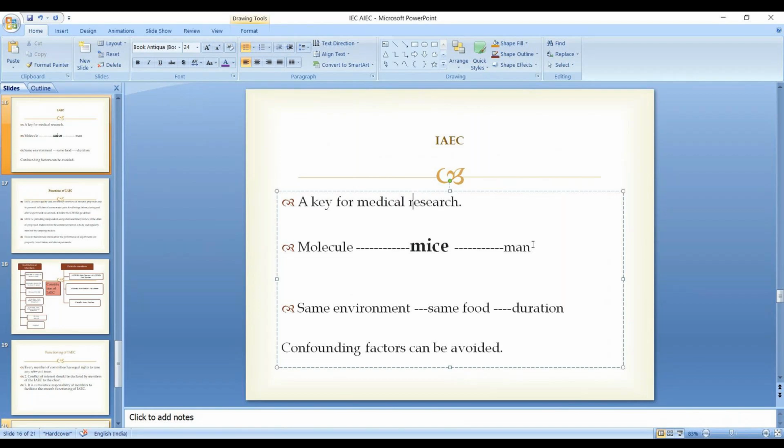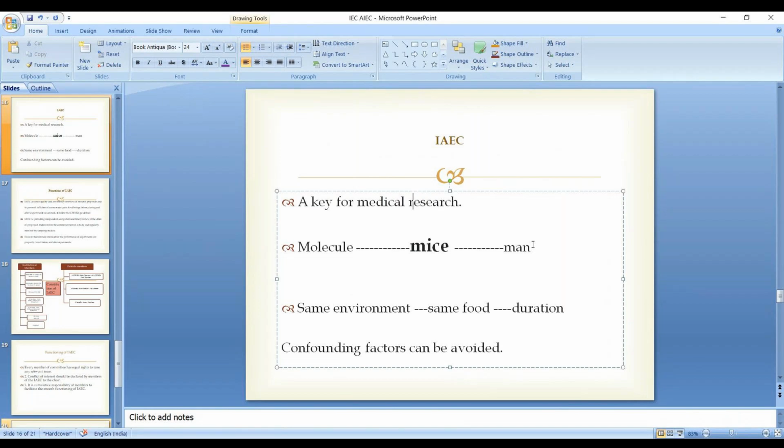Many times we have to sacrifice the animals, but the sacrifice also has a very detailed process. It should not be like, if our medicine kills the animal, there is no issue. It is not like that. We have to take record of all those things also. And if we have to sacrifice the animals, it is done in a very prescribed way. Euthanasia should be in a very systematic way. It should not be like, it is just an animal, so what if it died. It is not like that.